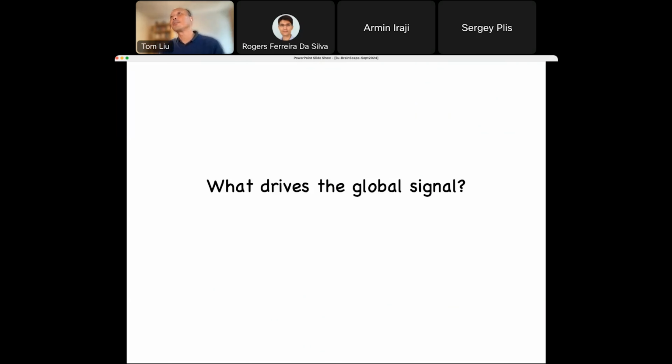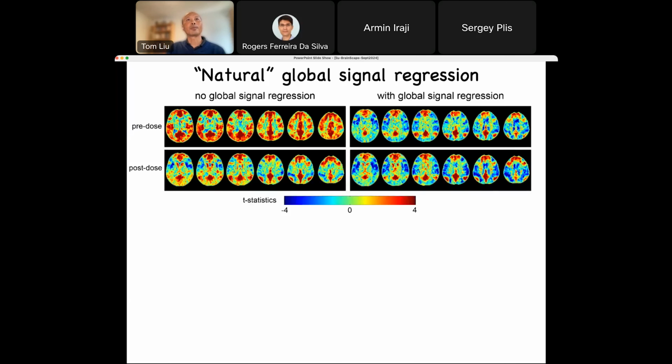Okay, so now let me switch gears a little bit and talk about what drives the global signal. I'm just going to give a view from data from our lab. Obviously, there's other work, but in our lab,